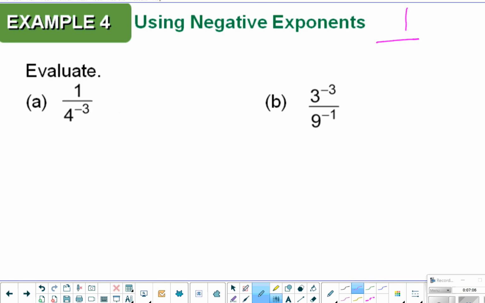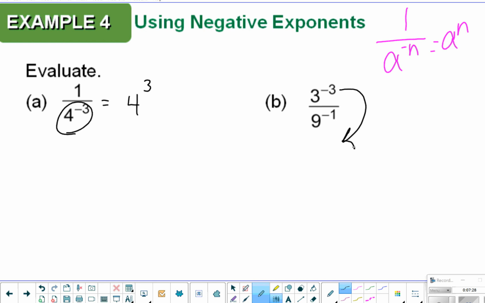Negative exponents that begin in the bottom move to the top. So there's the rule that I just wrote down in pink. And I see a negative exponent in my denominator. This will shift to the top and become 4 to the third. On B,